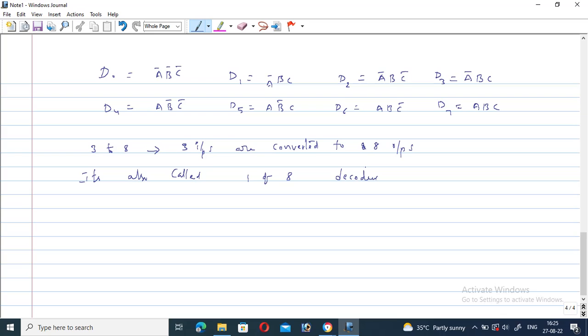Okay, that means only one of the 8 outputs is activated at a time. Moreover, some of the decoders also have enable pins. Enable pins are also important. If the decoder has enable pins,